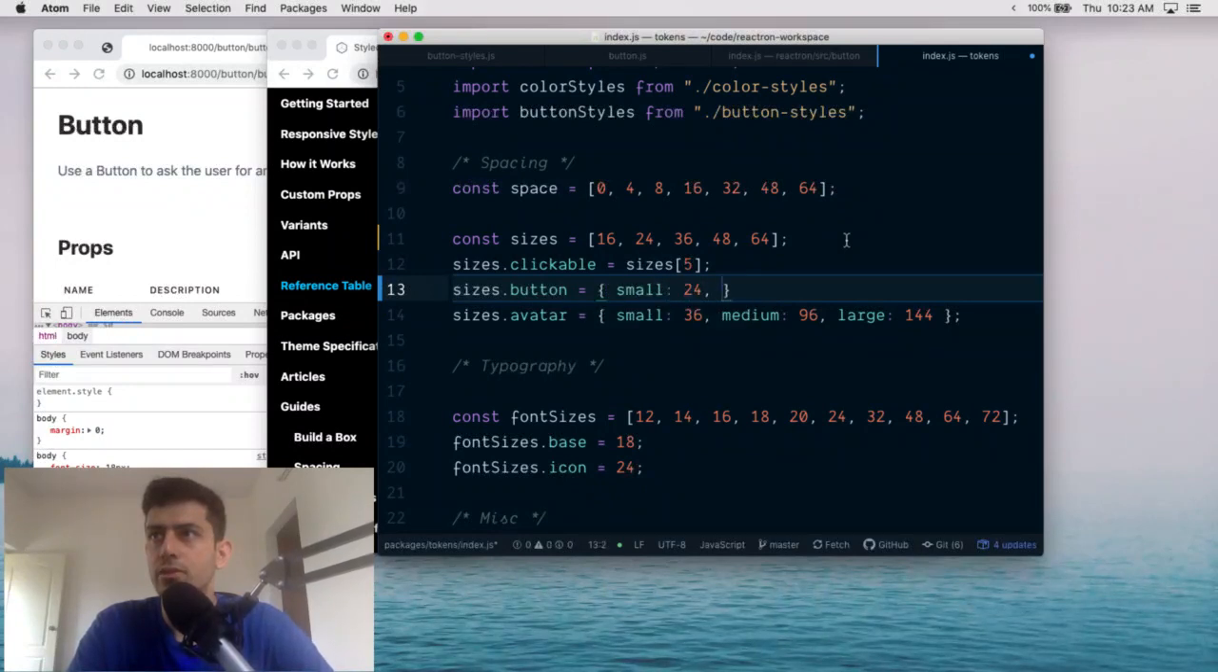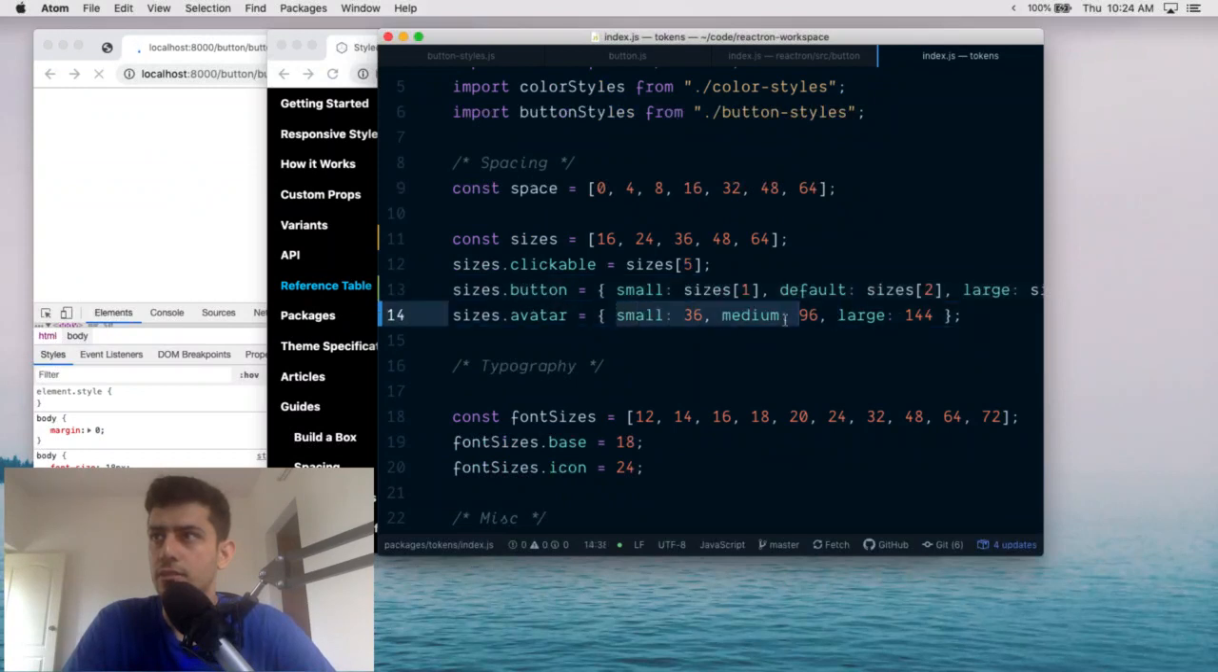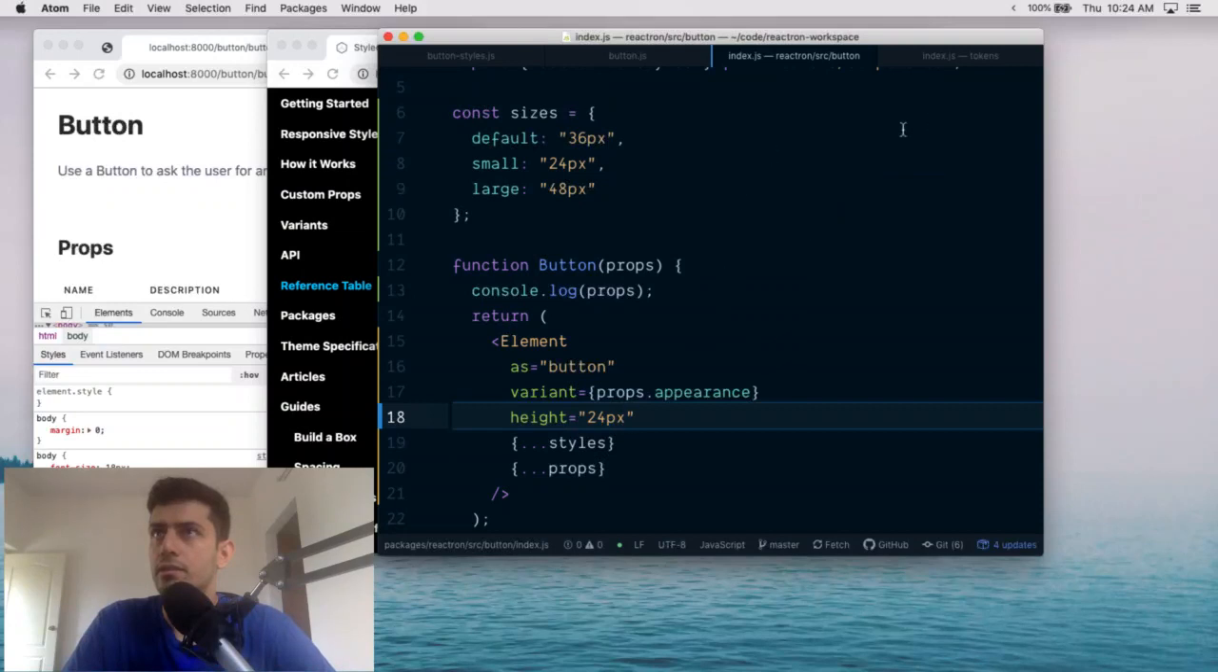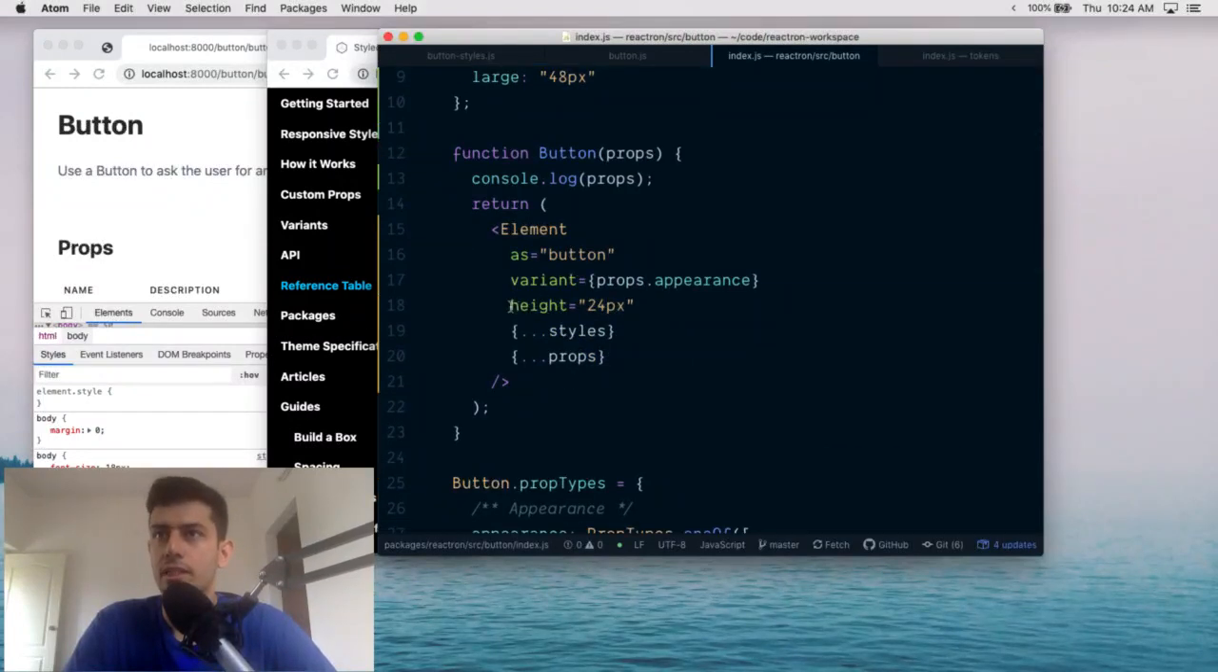Small means 24. Actually, no. I should do this in a way that's sizes 1, default is sizes 2, large is sizes of 3. This is correct. I should change this. This is pretty bad. So sizes of button, and then how do I do it in avatar? Sizes. Oh, that's cheeky. Cool. So I think I just need to do